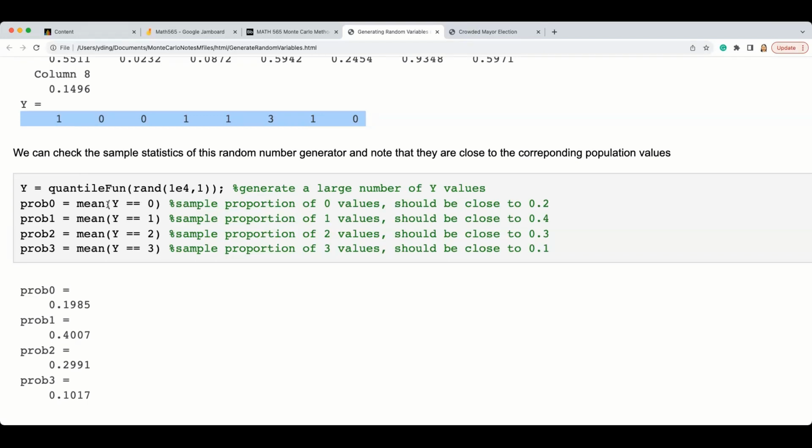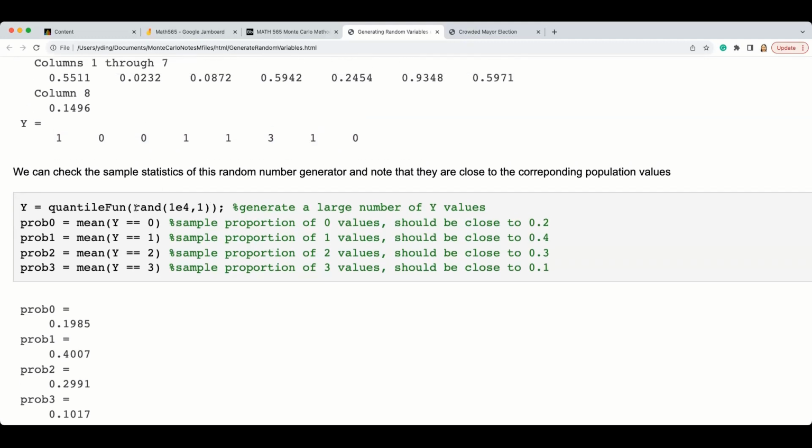Oh, so because we try to generate, you can consider we input this is a function. So we try to input the random number with the uniform 10 to the 4. And then I try to generate that, and to get this y, this is the quantile. So y will be either 0, 1, 2, 3.